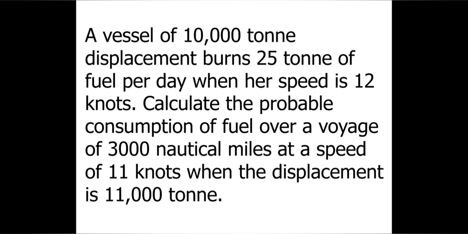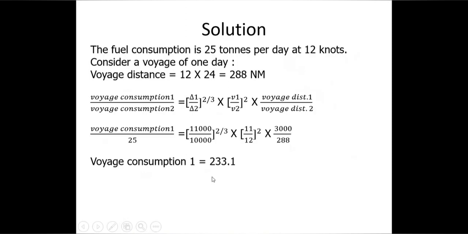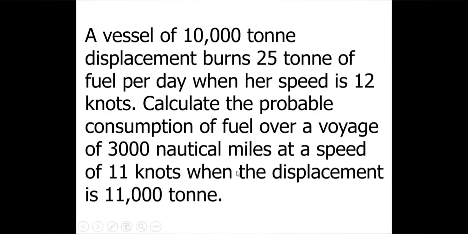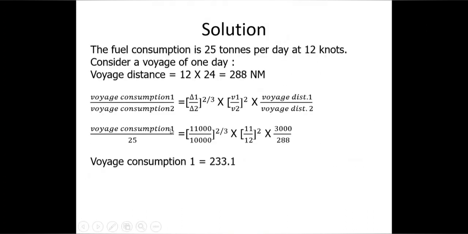So 233.2. Yes, sir. 233.177. 233.17. Yeah, one is okay. Very good. Good, excellent. So you did with the daily consumption formula or voyage consumption? Voyage consumption. हाँ ठीक है, फिर तो फर्स्ट क्लास। तो दोनों से सेम ही आएगा।